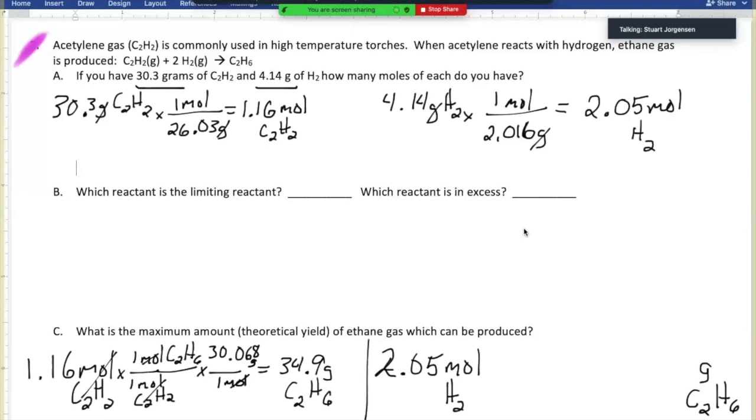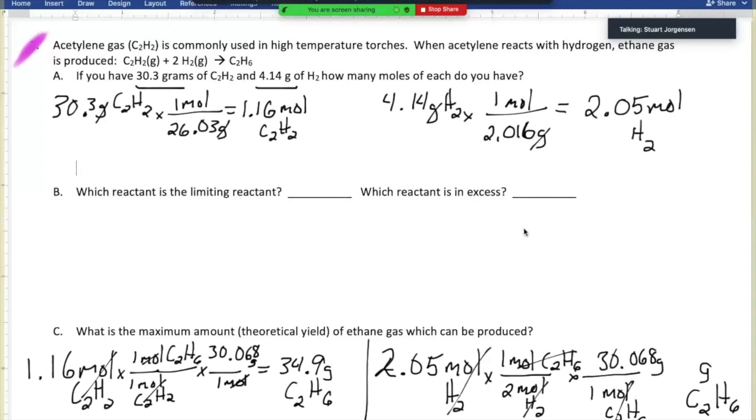But we don't know. We've got to take into account the fact that we have a certain amount of hydrogen gas. Same process, different numbers. Now our mole ratio, if we look up above, is for every 2 moles of hydrogen, we make 1 mole of our ethane, C2H6. Same final step: for every 1 mole of ethane, C2H6, we've got a molar mass of 30.068 grams. Cool. So my moles of ethane cancel, my moles of hydrogen cancel. The only unit I have left is the unit that I wanted, which was our grams of ethane. When we do this math, we multiply top and then divide by 2, we end up with 30.8 grams of our